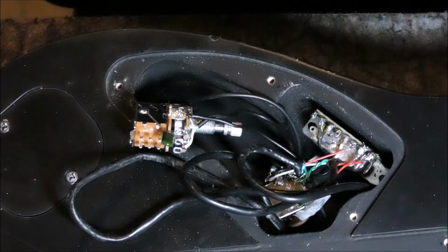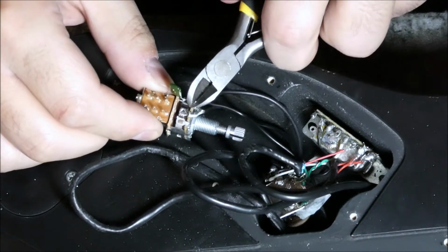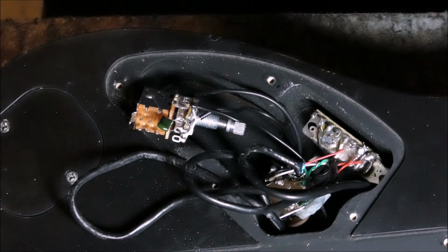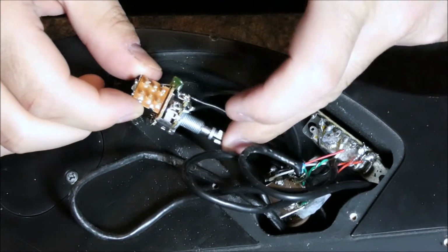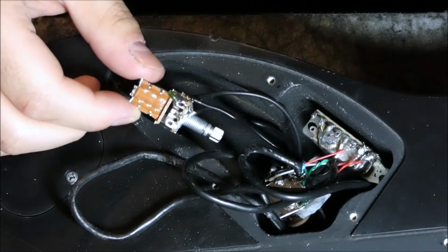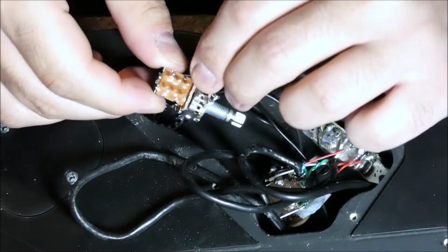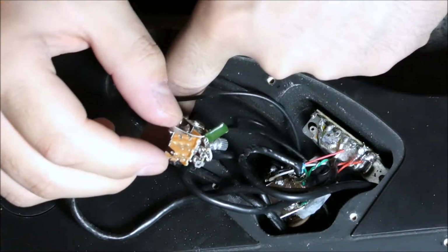Good. There's a little bit more here. Okay, so now this push-pull button works as a regular tone knob because it has the exact same functions. Now we gotta add the thing that we're gonna play around with. So what we want to do is